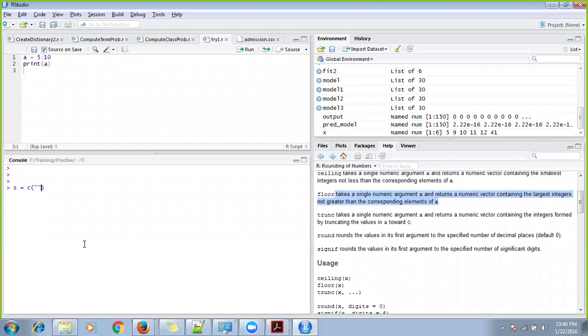My name is Anand, I say Pranav, then let's say Satya. So I can also store string values into a vector,